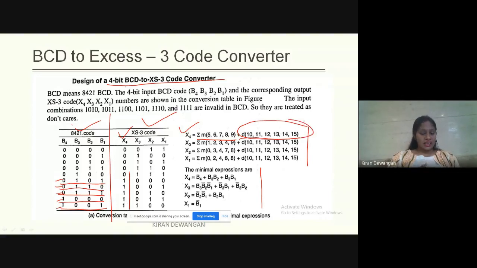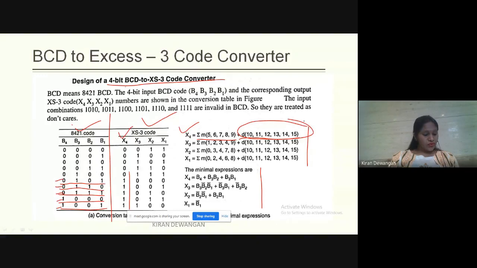What is the D? D क्यों लिखा है यहाँ पे? Why have we written D here? Yes, anybody just answer. I want an answer from your side. Because I've already explained this concept. D ka concept, D is nothing but a don't care. But why is it included here? It's a don't care, I know. But why is it included here? 10, 11, 12, 13, 14, 15 क्यों लिखा है don't care में?